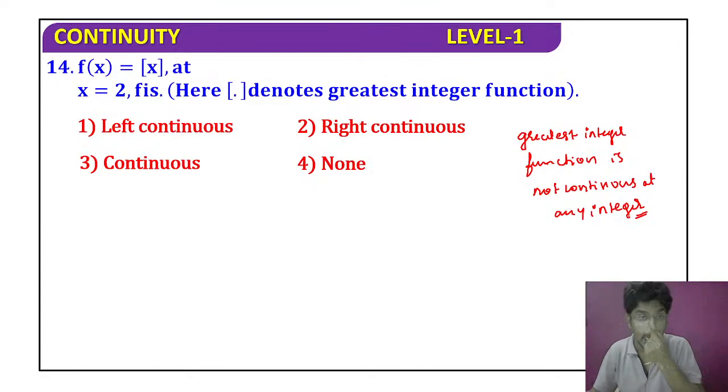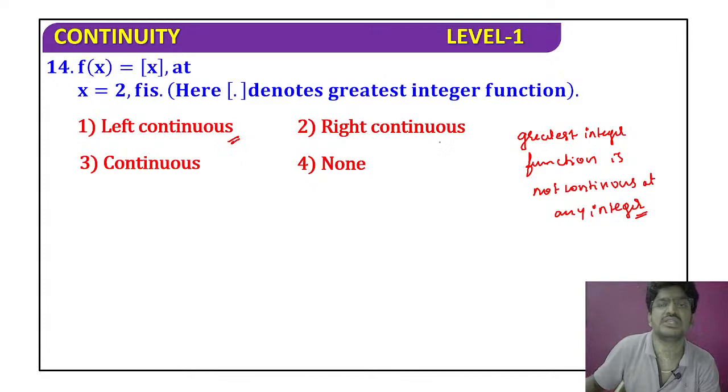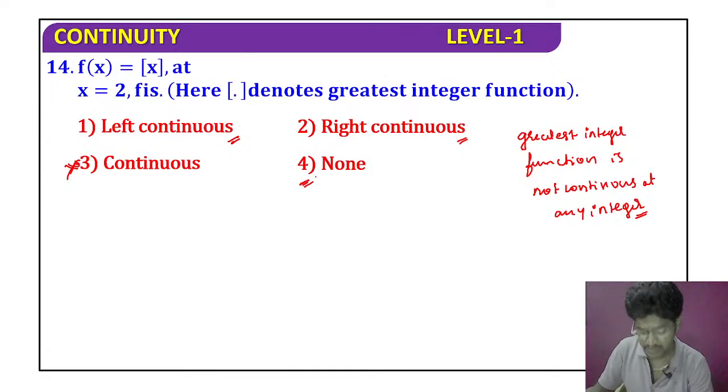We know this. But see here, they are asking left continuous, right continuous. No problem, none of this. So continuous is going to be deleted. It may be left continuous, it may be right continuous, and it may also be none of this. Clear? So for that, you just see